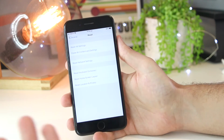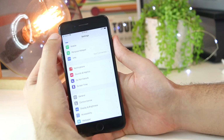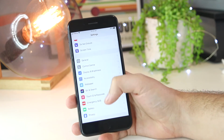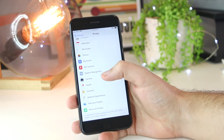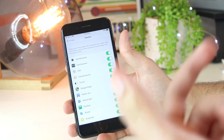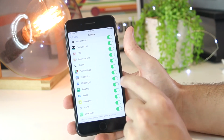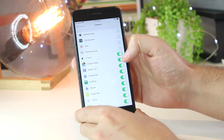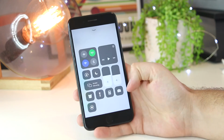So if that still doesn't work for you guys, another thing you can try is to go back into the settings. Once you're in here, you want to go down to Privacy. If I tap in here, and now go down to Camera, I'm able to see all of the apps on my iPhone that have access to my camera. So what I want to do is deselect all of these. And now once I've turned all of these off, I can open the